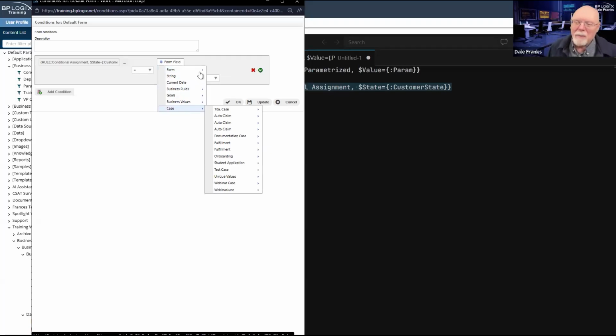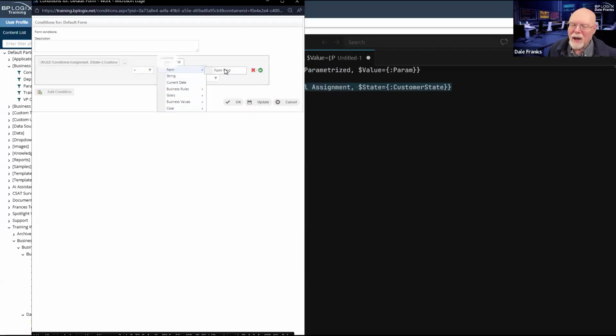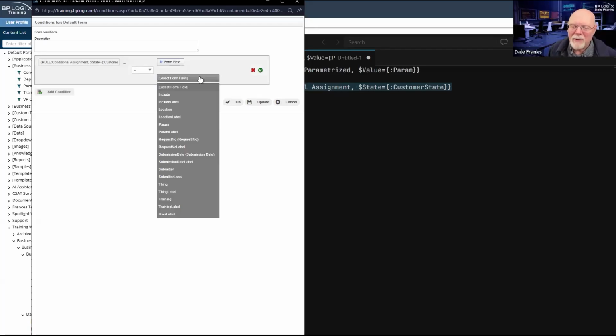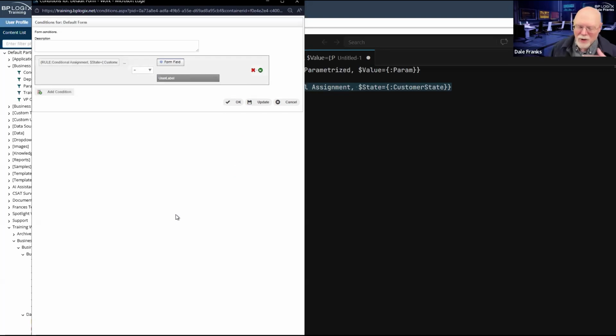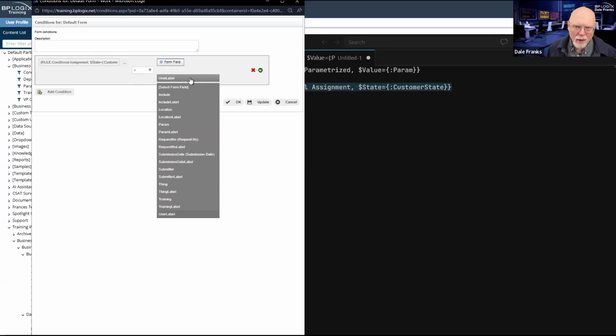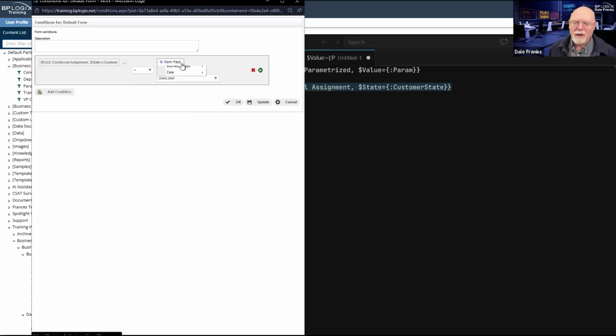I don't have a user picker on this form, I don't think, but let's pretend I do. Let's say user label. Let's pretend that user label is a user picker. So in this case, this is how I would have to do that. I'd need to put that rule and then say if that rule equals current user or whatever it is, I can set that. I mean, this will return a user, so it needs to be assigned to some sort of user type field or user type value for selection.